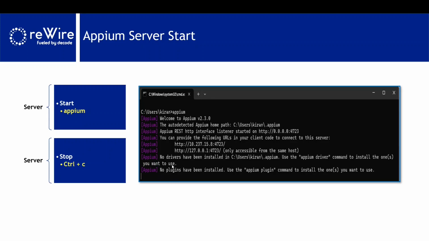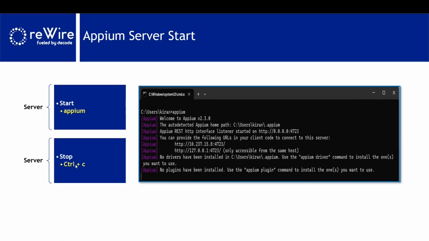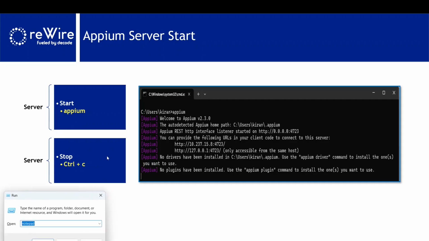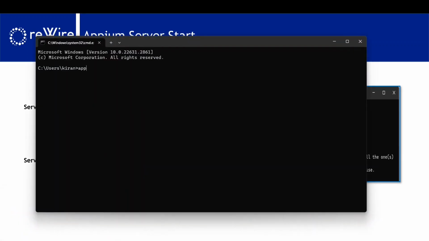So this is the command to start Appium. You need to give appium, or you can also give appium server. In order to stop it, you can give Control C so that it will stop the particular process. Okay. So you can open the command prompt. If you give appium here,